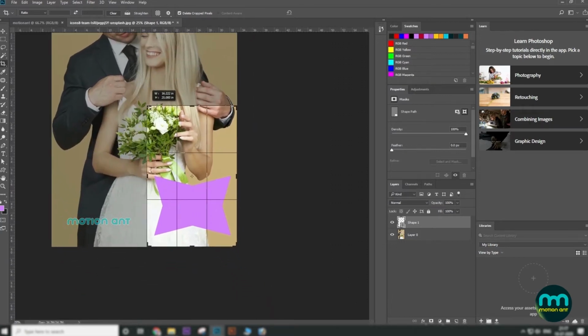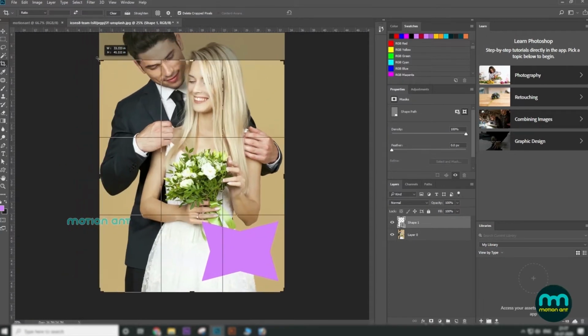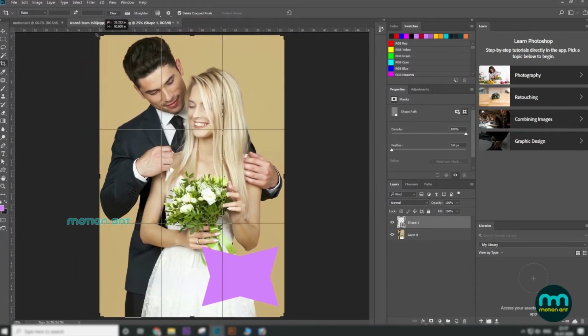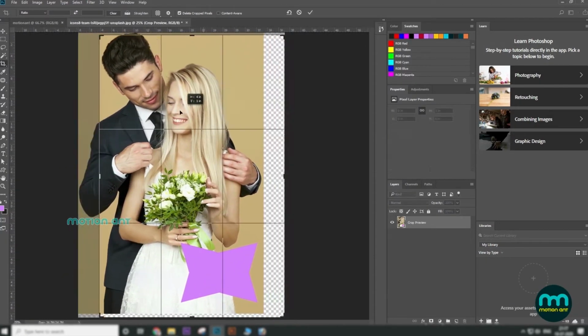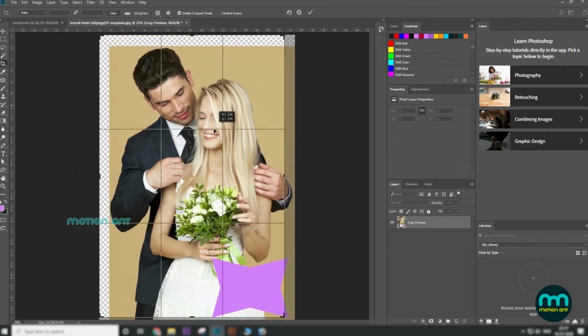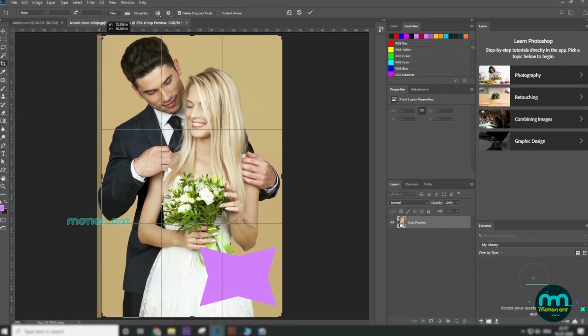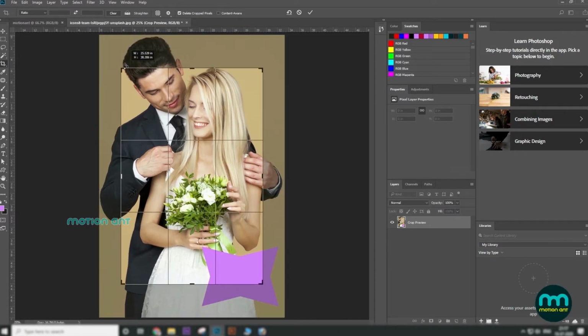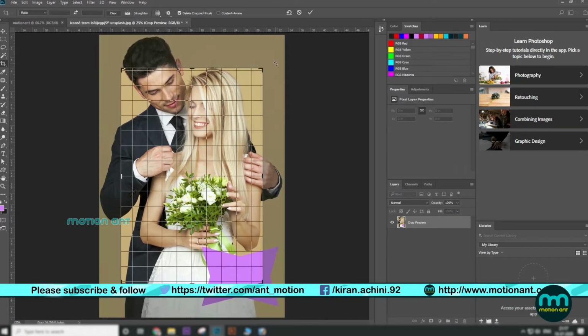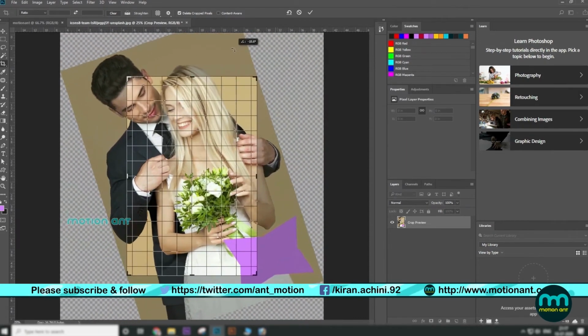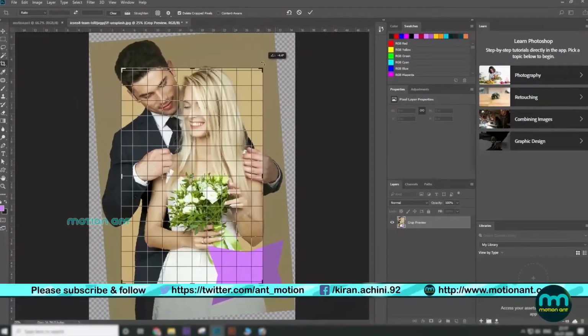The crop tool is used to size your whole Photoshop project. For example, to crop your image or simply extend your workspace, you can move the grid by clicking and dragging it. Scale it through its nodes on the corner and rotate it around its center by dragging from outside.